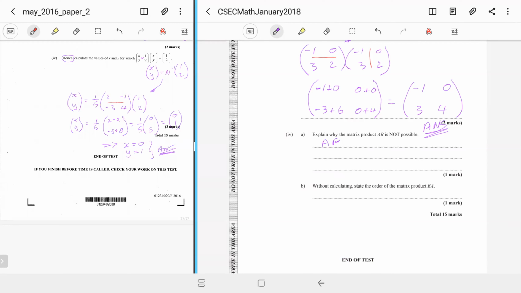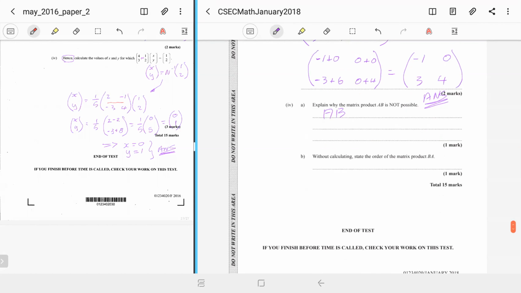Sir, don't say more or less. It does not equal. Just say the number of columns in the first one is not equal to the number of rows in the second one. For the multiplication to be possible, the number of columns in A must equal the number of rows in B. The number of columns in the first one must equal the number of rows in the second one for the multiplication to be possible. So AB is a 2 by 2